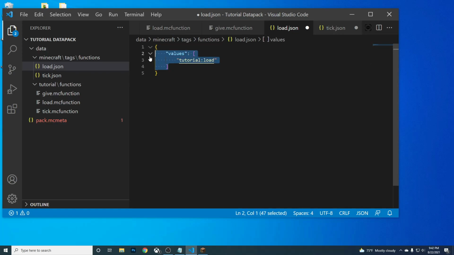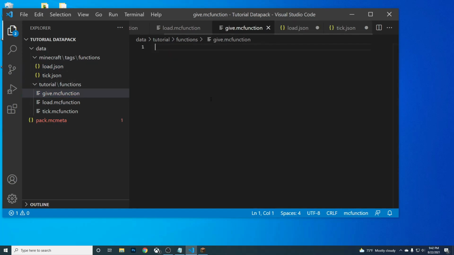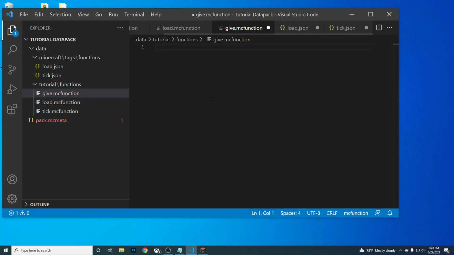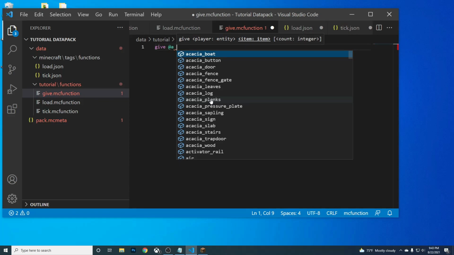So what we're going to do is test it. We're going to put commands in all of these. Give, and you don't have to put slash at the beginning. Actually, you can't put slash at the beginning. Give @a, we'll do,